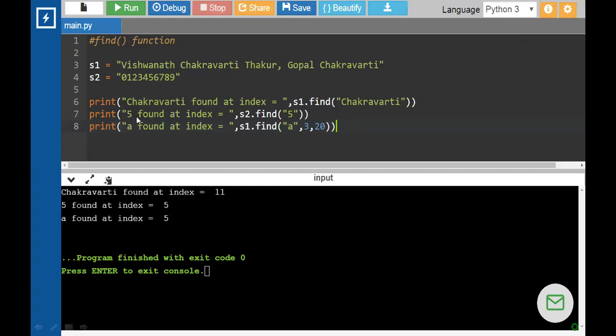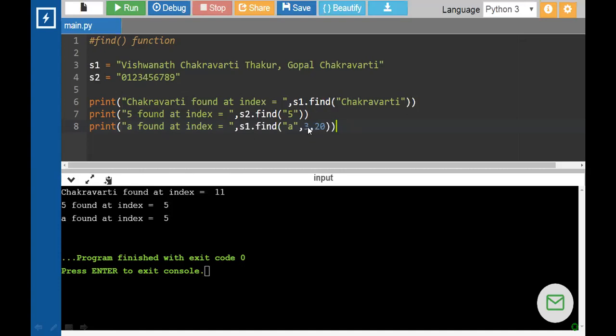Similarly, at line number 7, we are applying find function on S2 with 5 to be searched. So it is obviously going to return 5 because S2 contains 0 to 9 digits. So index 5 will also point to digit 5. At line number 8, we are applying find function again on S1 string, where character A is to be searched, and we are specifying the starting index as 3 and ending index as 20.